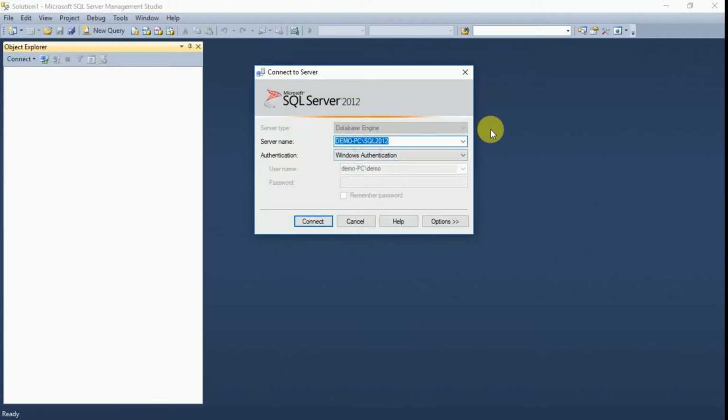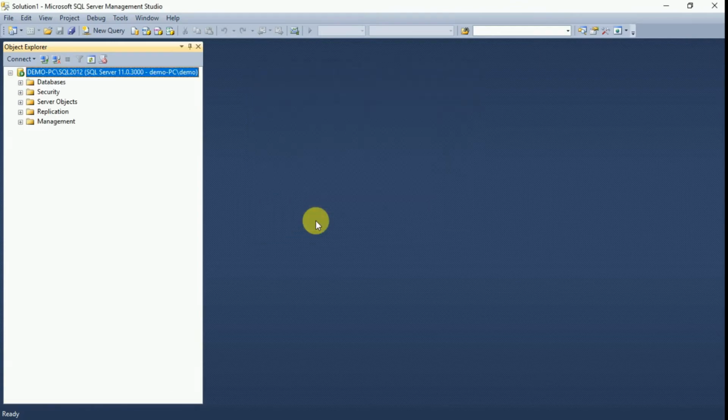I'm going to use Microsoft SQL Server 2012 and I'm going to use Windows authentication. If required, you can use the SQL Server authentication also by using login ID and password. I'm going to use Windows authentication only. Click on connect. It's connected to my database server. Expand the databases.